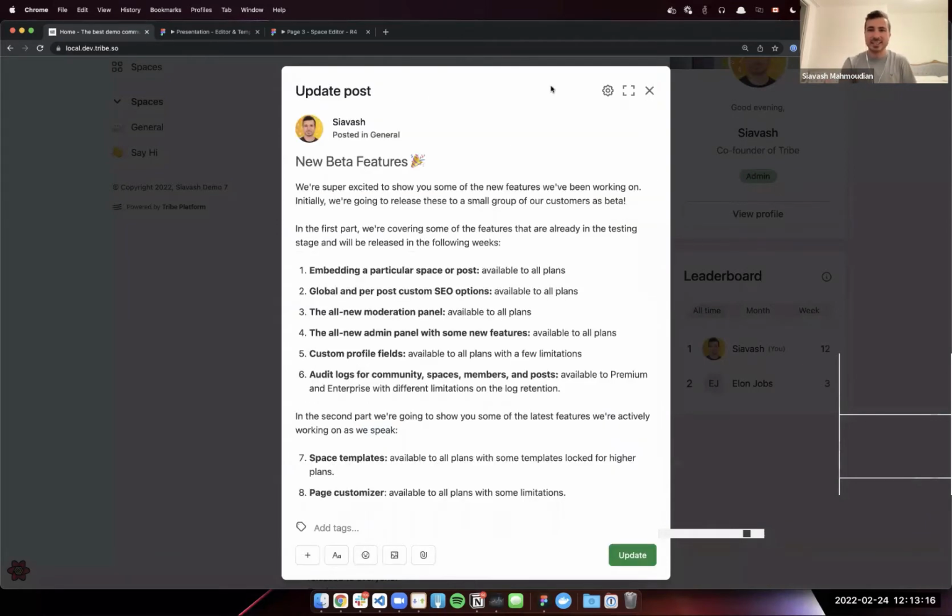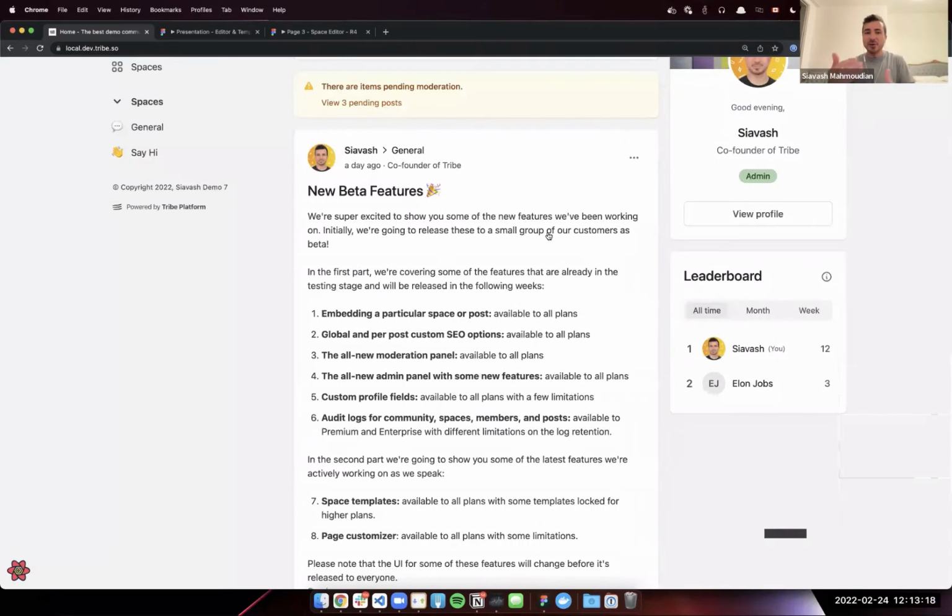So that was the first item. I'm going to cover how you can set this at the community level when we cover the admin panel, because you can easily handle the whole thing at the community level as well, and it will be used as a fallback if we don't see any image. If your post has an image in it, we will use the first image inside the post as this OG image tag. But if you want to customize it, again, you can just click on the gear icon and customize it as you want.